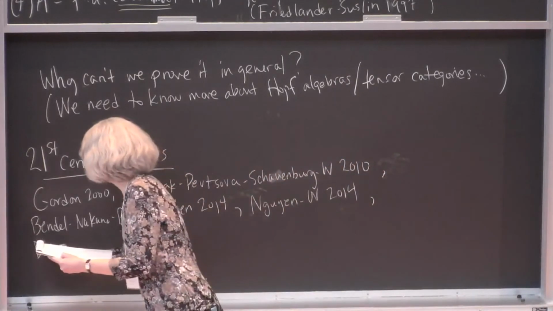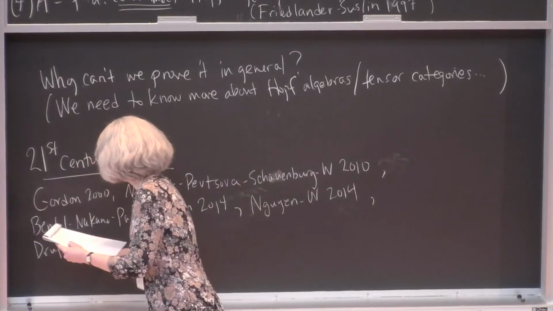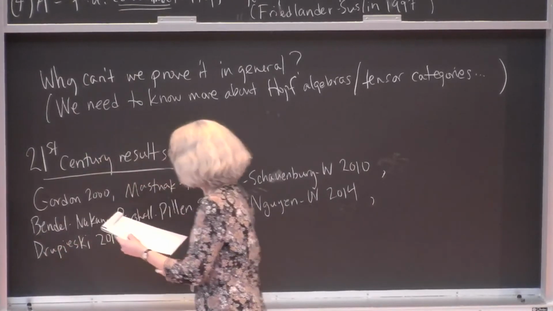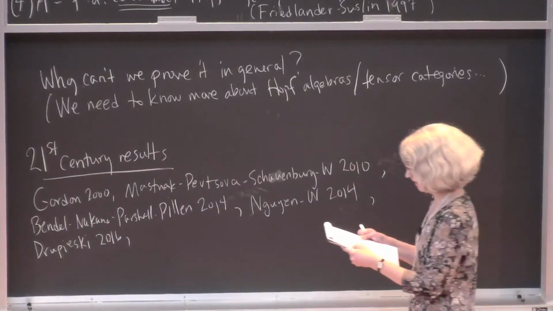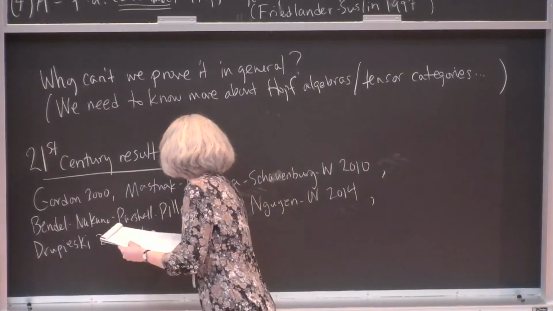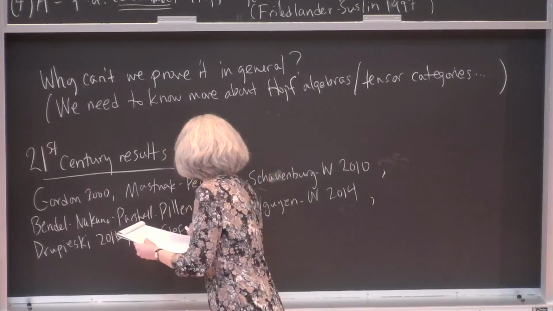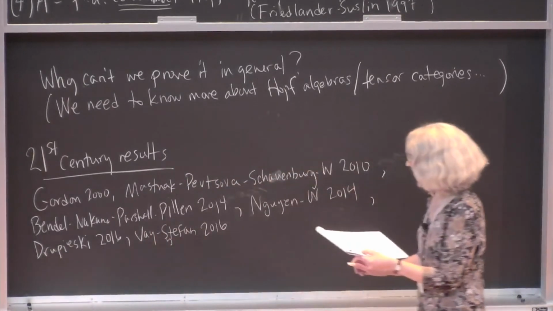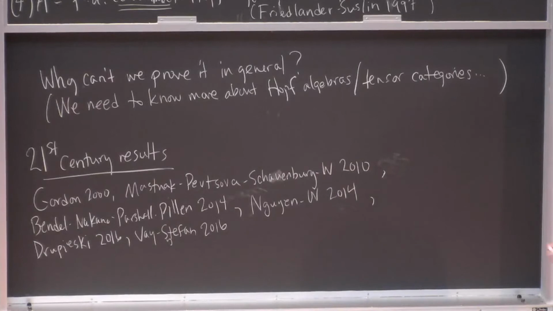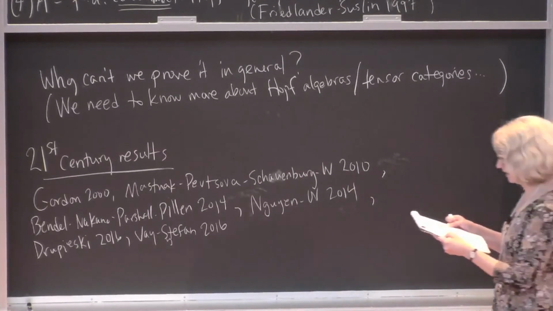Chris Drupieski in 2016 proved this for finite supergroup schemes. So looking at the super case, they and Stefan in 2016 looked at the Fomin-Kirillov algebra. This is part of a pointed Hopf algebra with a non-abelian group of group-like elements, and that was a little bit different type of setting than the small quantum group, so that was a new type of example.